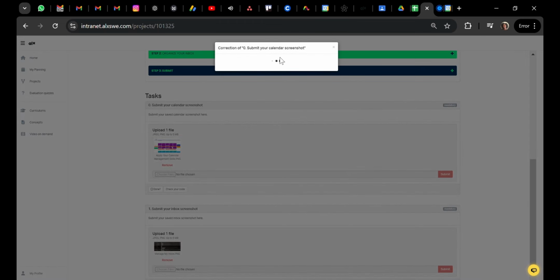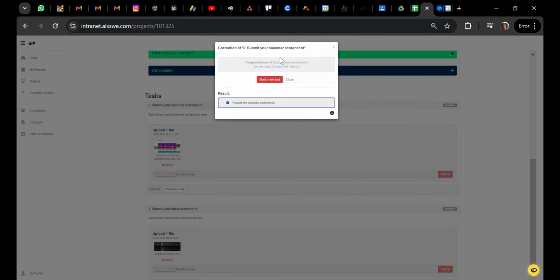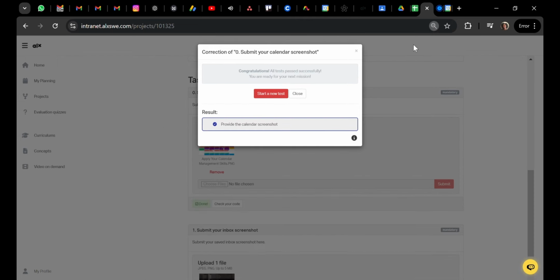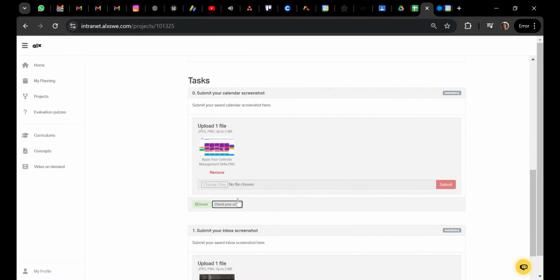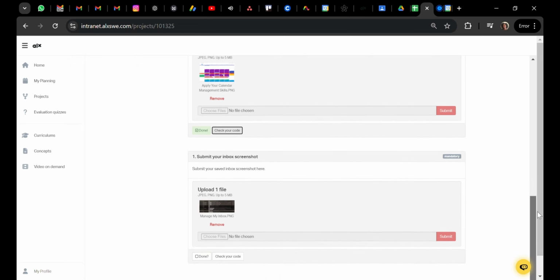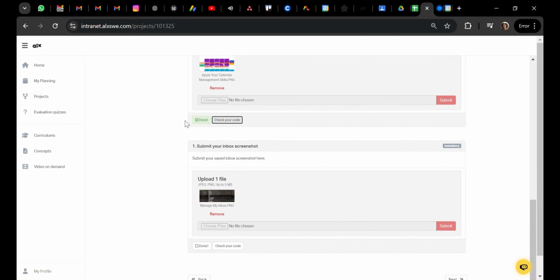Check your code and then go ahead and check. And then when it's done, you'll get a message to indicate that you are done. So I'll just go ahead and close that interface and move to the next part on inbox management, which I also had not completed.